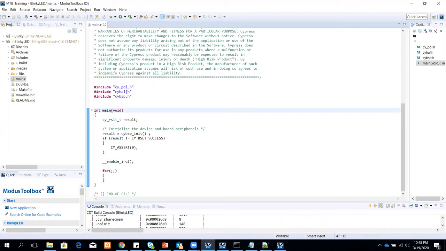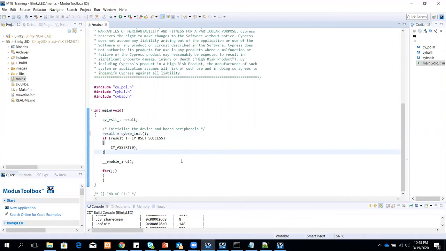One is the PDL, one is HAL and BSP. Note that you need not use the HAL or BSP. It's completely optional, but using them just makes it so much easier to interact with the different blocks. First we have the BSP init. This checks if all the different resources on the board are initialized, and once they're initialized, it returns a success.